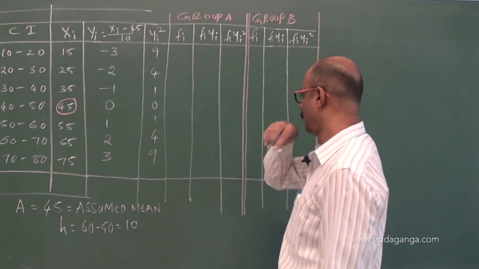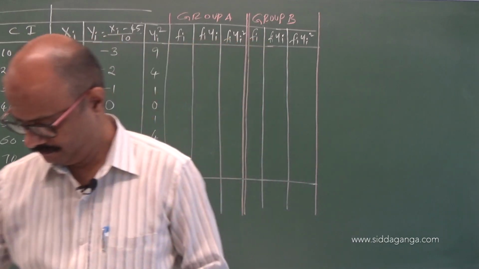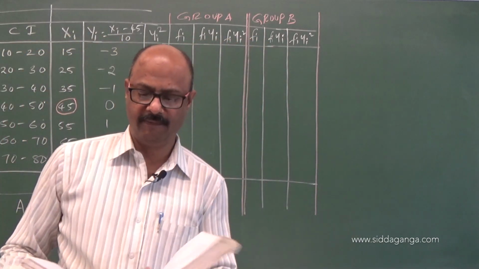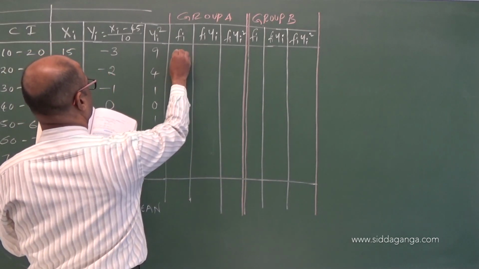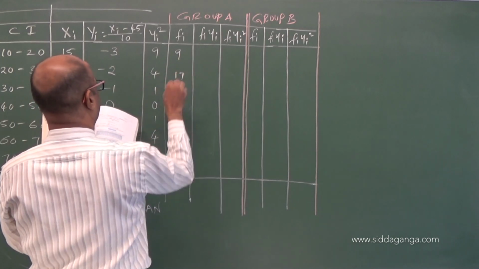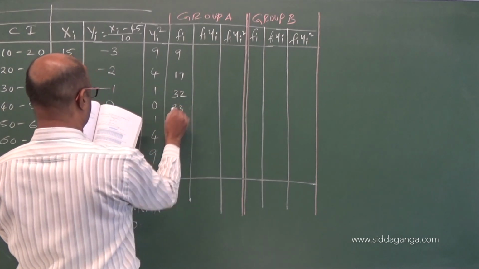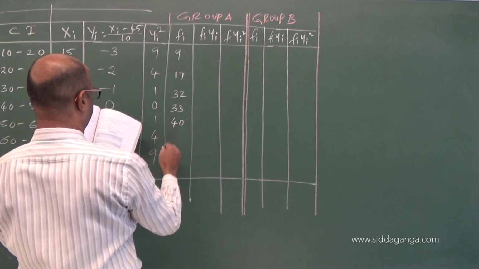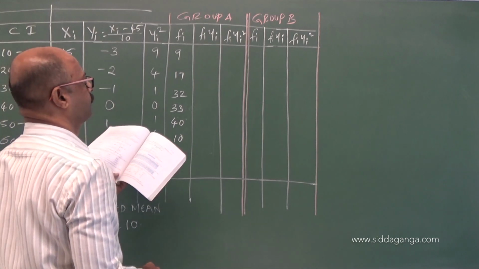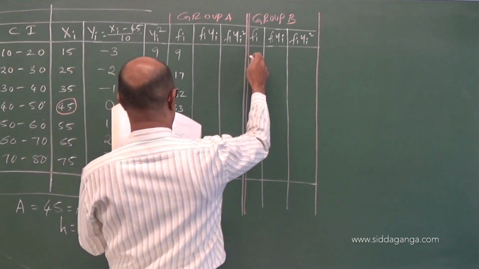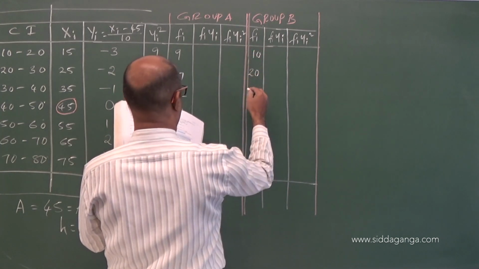All right. Now for group A, they have given the frequency as 9 here. This is 17. This is 32. Next is 33. Next is 40. Next is 10. And other is 9. This is group A. Group B frequency, this is 10, and next is 20, and next is 30,